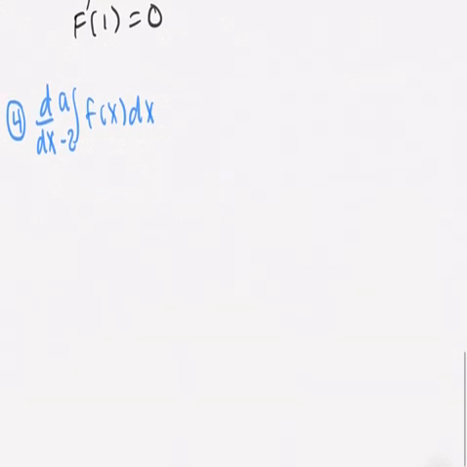So let's do it again. I know it's really tedious, but it's the same thing. If we're going to take the derivative of the integral of f of x dx from the interval negative 2 to a, then we're just going to be left with f of a. You know, saying that a is actually a variable and not a